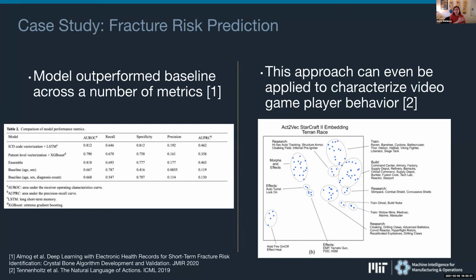If you think of the actions of a video game player over time as different actions taken among a vocabulary of possible actions, here they're showing an embedding of this Word2Vec, action2Vec implementation for, I guess, StarCraft players. And this was presented at ICML in 2019. I just think it's really interesting, and a cool opportunity to apply it to other use cases, potentially manufacturing,